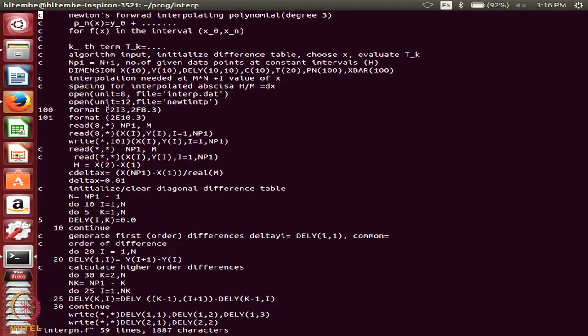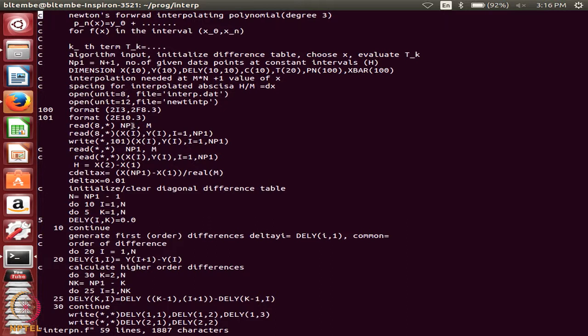Okay. Now, I have two format statements, and I tried to execute this with format statements. There were some problems. So, I have avoided the format in the read statements. So, what am I going to read in this program? Read 8 comma star np1 comma m. np1 was 1 plus n.